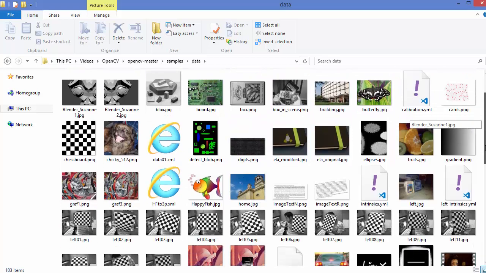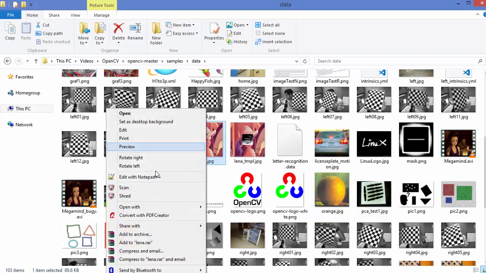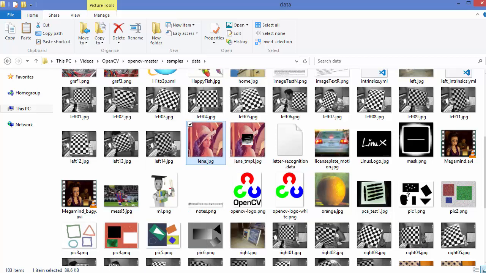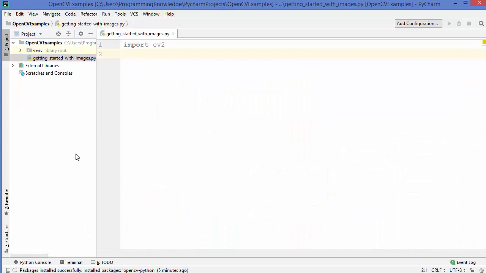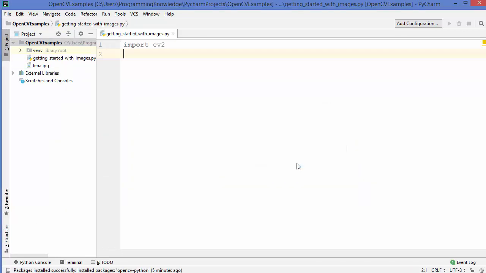To start with, we will be using this image, lena.jpg. I'm going to copy this image for now, go to my PyCharm IDE, and paste this image inside my project.